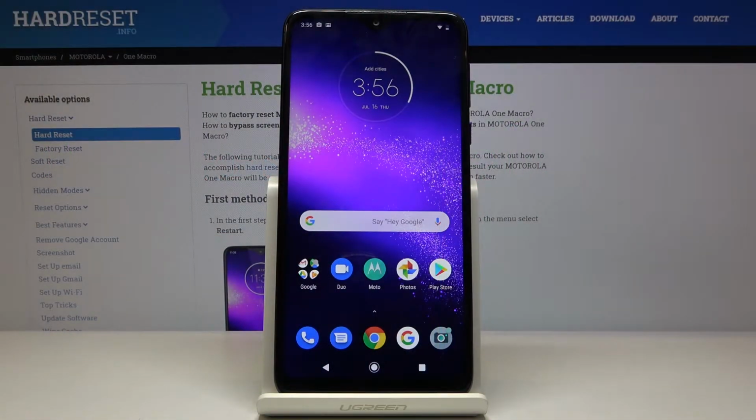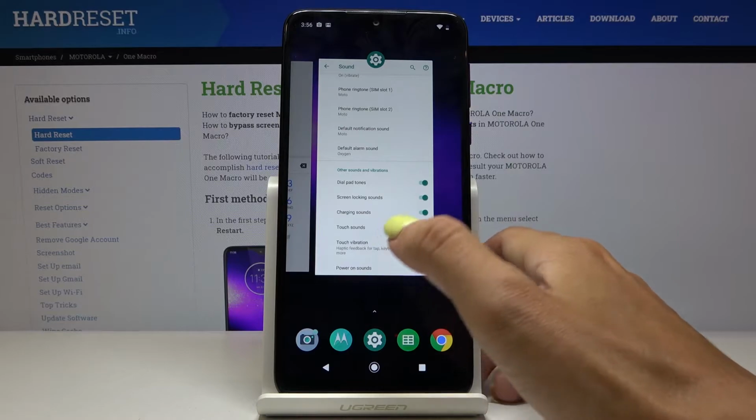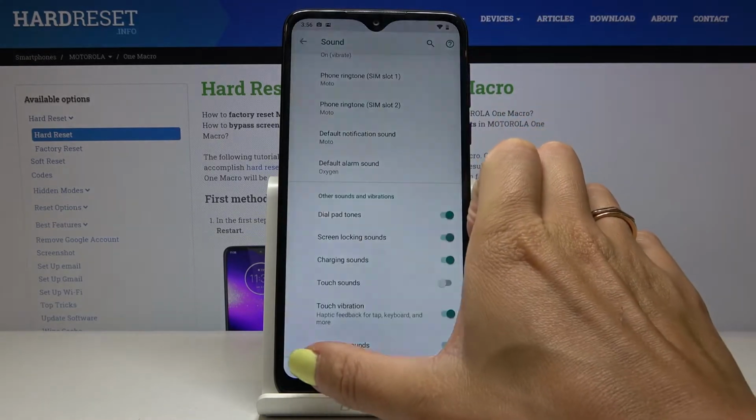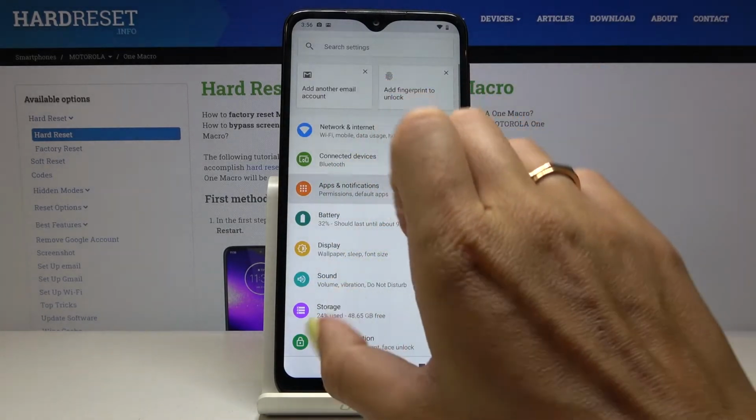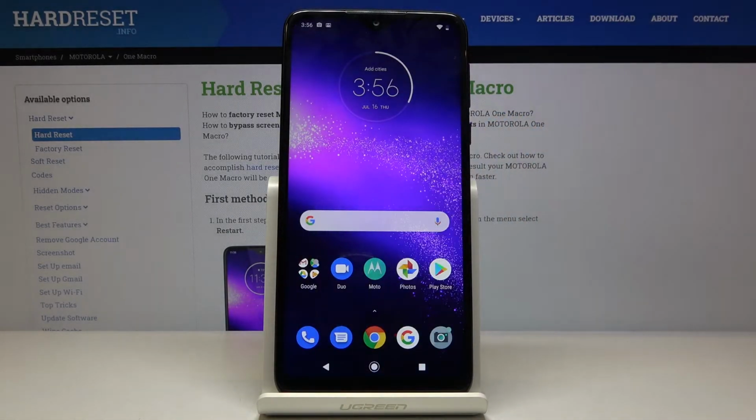In front of me is Motorola One Macro, and let me show you how to activate touch sounds on the following device. So, as you can hear right now, once I am clicking anything, nothing is changed, so you cannot hear any sound. But if you'd like to change it, if you'd like to activate touch sounds, touch tones,